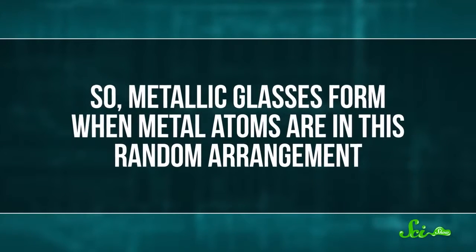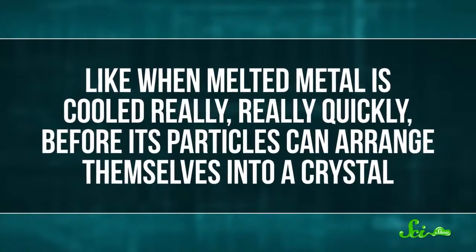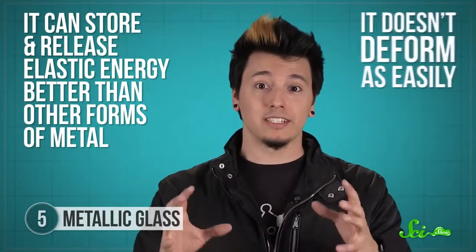So metallic glasses form when metal atoms are in this random arrangement, like when melted metal is cooled really, really quickly before its particles can arrange themselves into a crystal. This material has the best of both worlds, the malleability of molten glass combined with even more strength than crystalline metal. This combination of high strength and low stiffness makes it really resilient. It can store and release elastic energy better than other forms of metal, which means it doesn't deform as